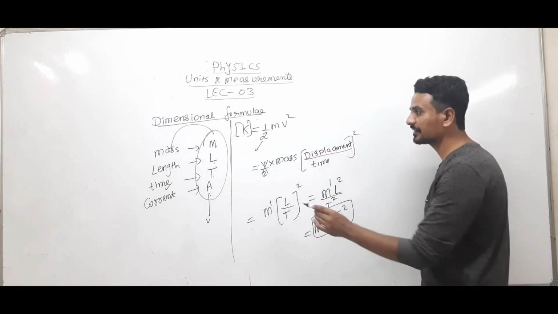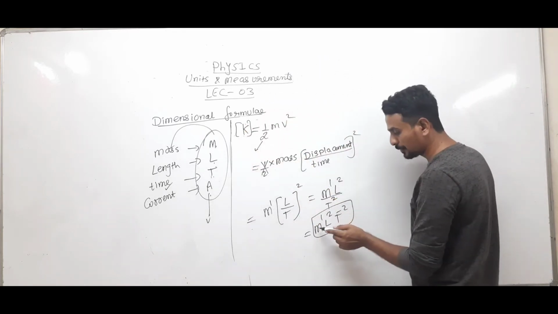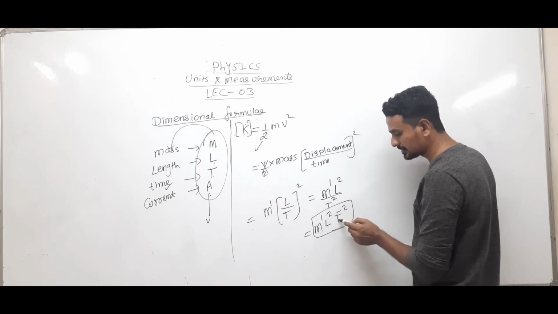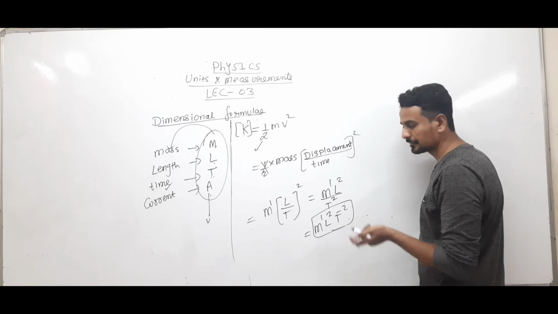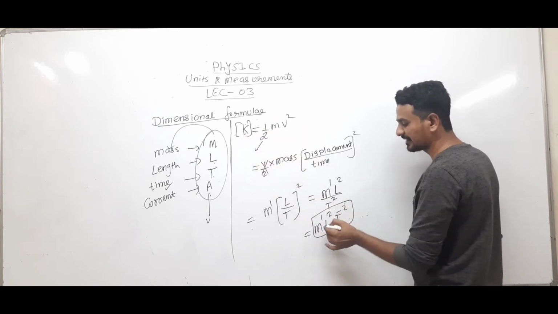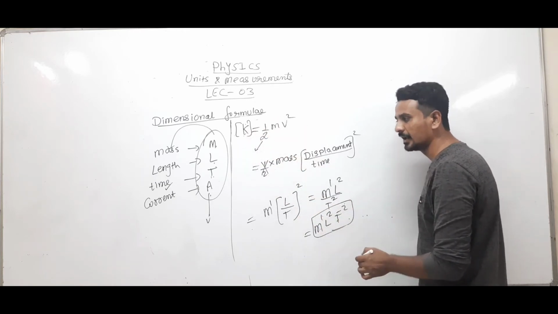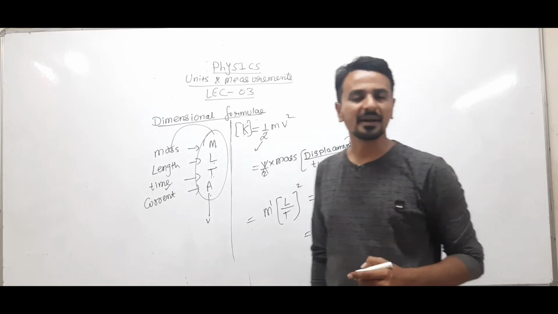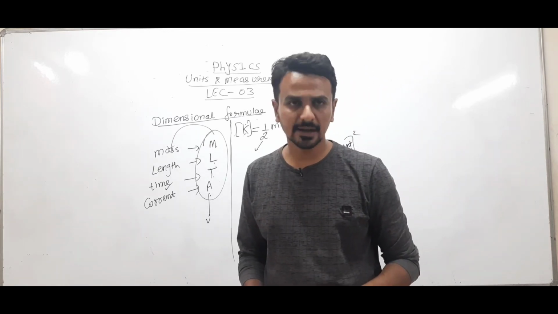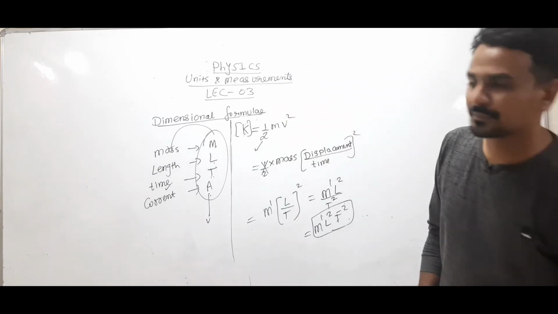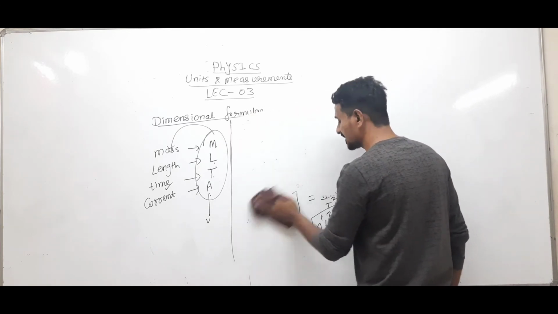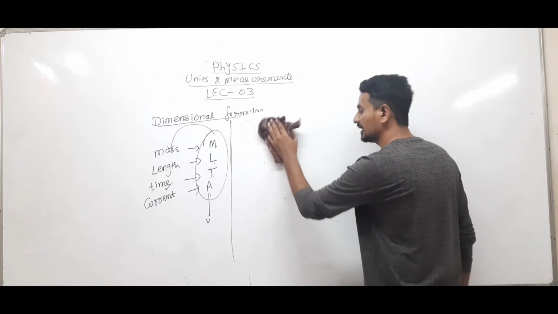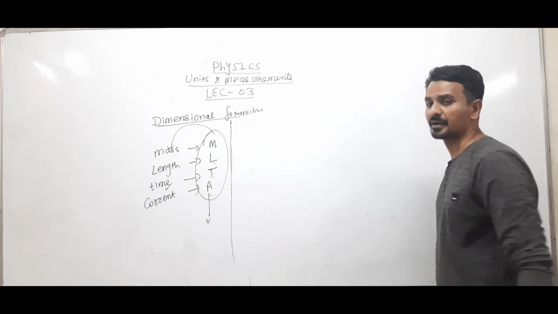That means I am expressing the physical quantity by appropriate power of M, L, T, if required K, if required A, etc. So whenever any physical quantity is represented by appropriate power of M, L, T, you have written the dimensional formula for that physical quantity. Clear? Let us take another example. There are lots and lots of physical quantities, and you can obtain the dimensional formula for each of these physical quantities. But